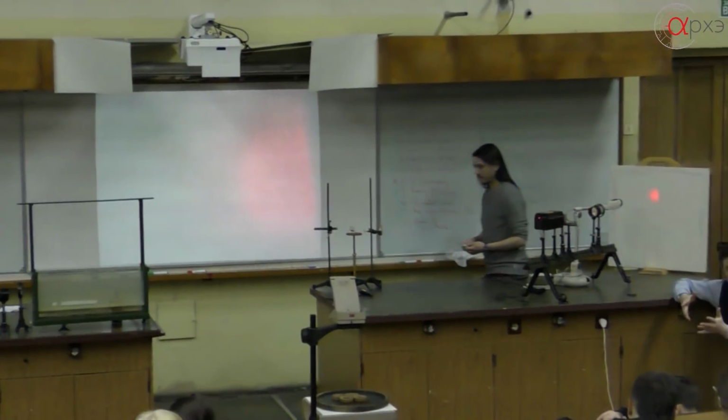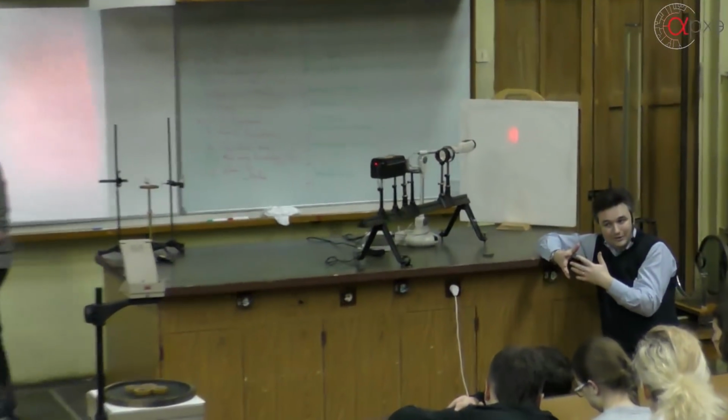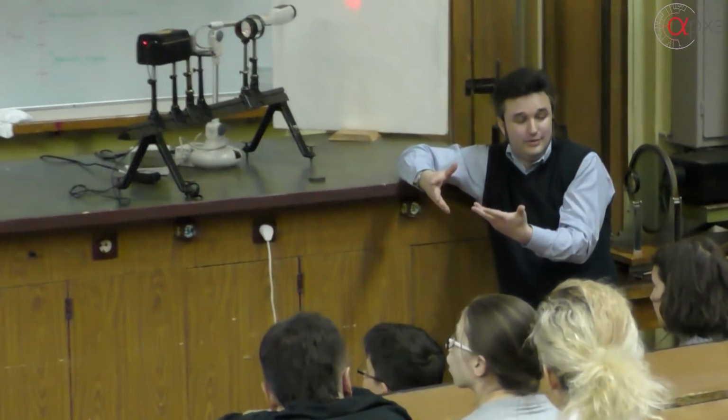You see these bright and black strips. And this is exactly what happens if you shine light past an object so that the object blocks light partially. You see what is called the diffraction effect. Right. Now, what does it tell us? It tells us that light does not actually always travel in a straight line.